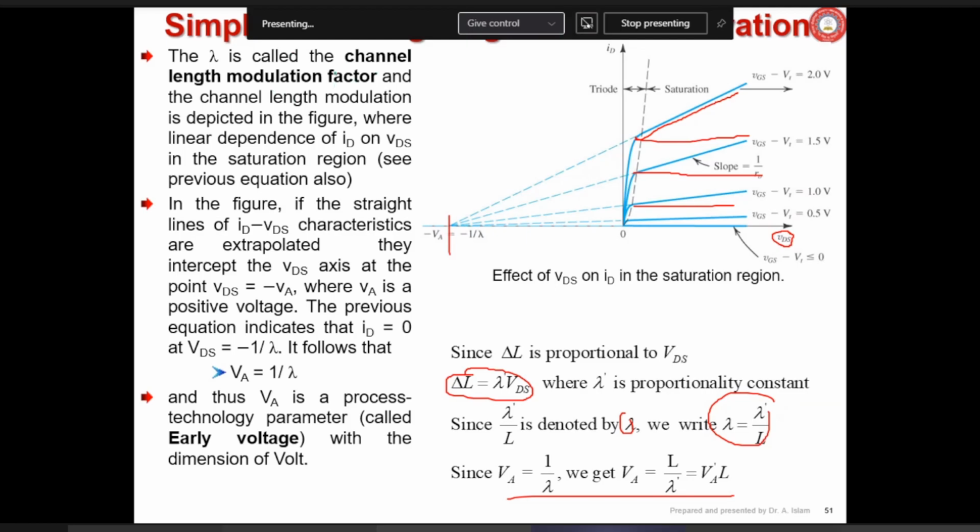See, lambda is called the channel length modulation factor. Gamma was the body effect coefficient. Here, lambda is the channel length modulation factor. Okay, and the channel length modulation is depicted in this picture. See, earlier it was this way. Current was parallel to the x-axis. Now it is almost linearly increasing in the saturation region. And if all the plots you extrapolate, then they meet at a point where VDS is equal to minus VA, as the x-axis is VDS. At VDS equal to minus VA, that point they meet. Okay. In the figure, if the straight lines ID